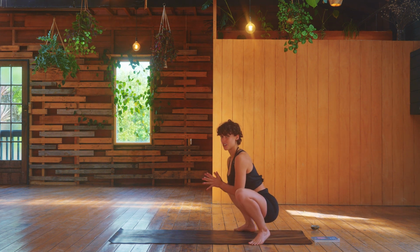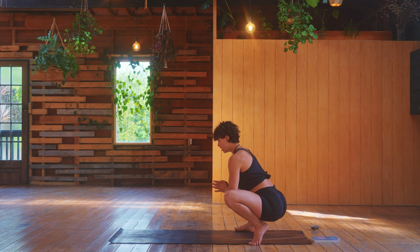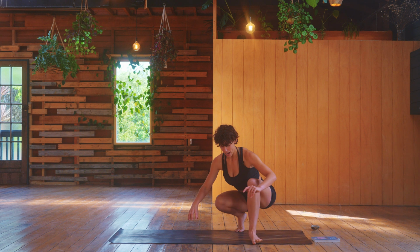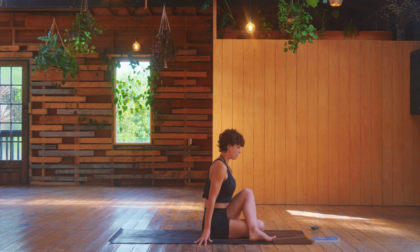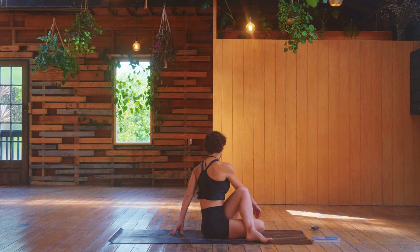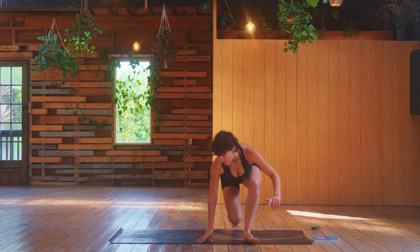We're going to be in this position quite a bit in our class today, opening through the ankles, the knees, and the hips. We're going to keep turning around in our circle. So turn to the left, right knee is going to lower in until you come to your half Matsyendrasana on the other side. Big breath in, lift tall. As we exhale, twist to the left. Inhale, come back through center, turn to the right with or without the help of the hands, lift up, Malasana